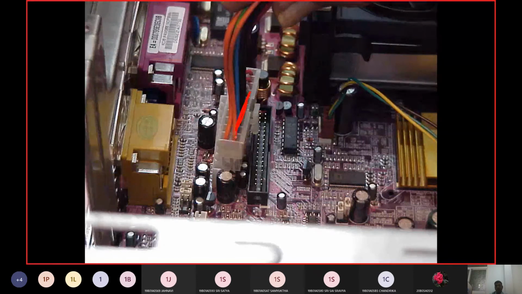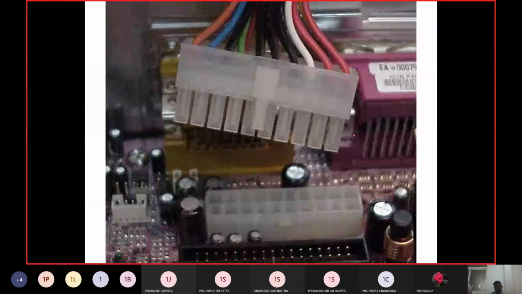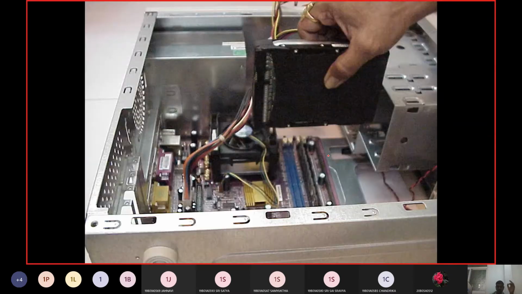So via the cable, you are able to establish the peripheral connection. You are able to establish the bus connection, connecting the CPU, the RAM, the ROM. So everything needs to be interconnected with one another. That interconnection you are going to do with the cables. So via the cable, you are able to link all these holistically.